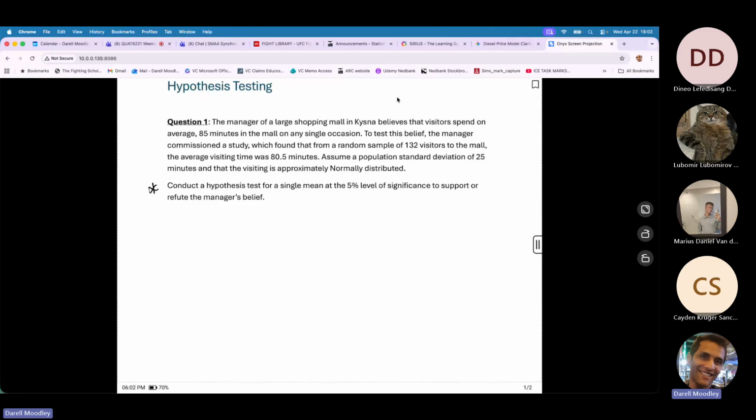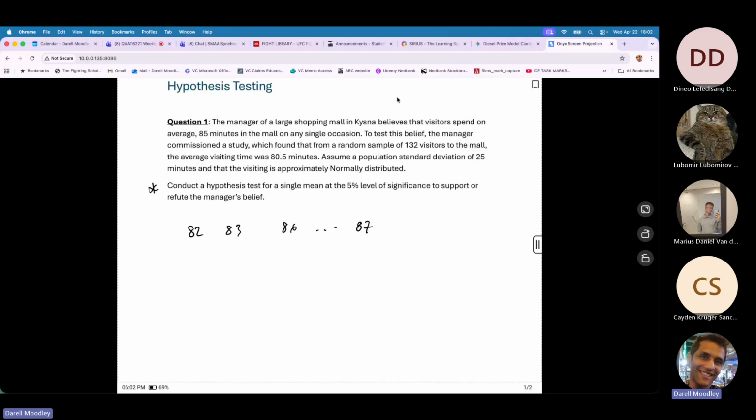So what's pretty much happening here is we have this manager of a shopping mall, and what he needs to determine is, he believes that the average time customers spend in a mall. So if you go to a mall on a specific day, say you go in the morning, on average, you're going to spend 85 minutes and then you're done and you're out of there. And let's say I spend about 82 minutes. Another person spends 83, another person's 86, etc.,